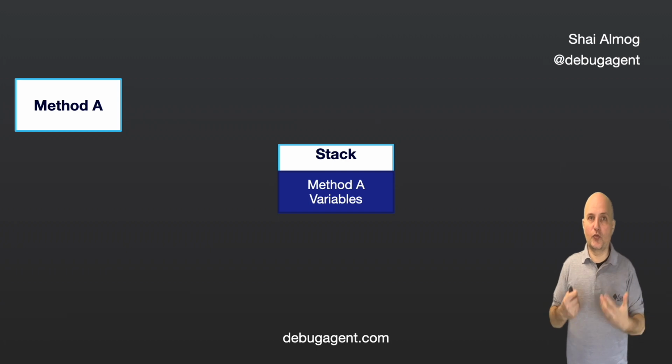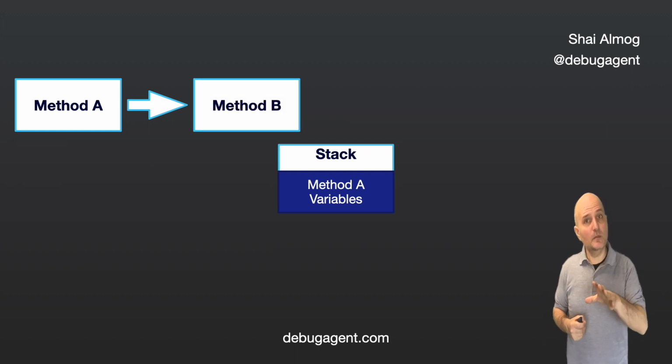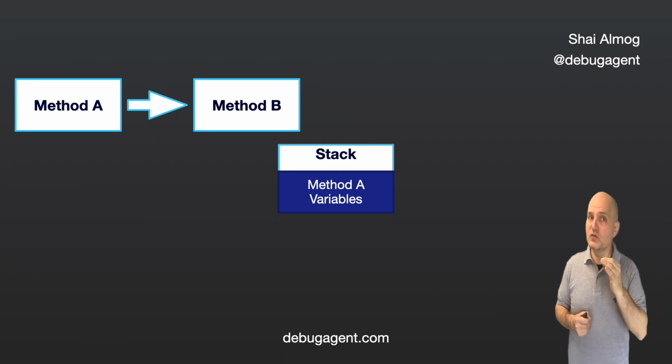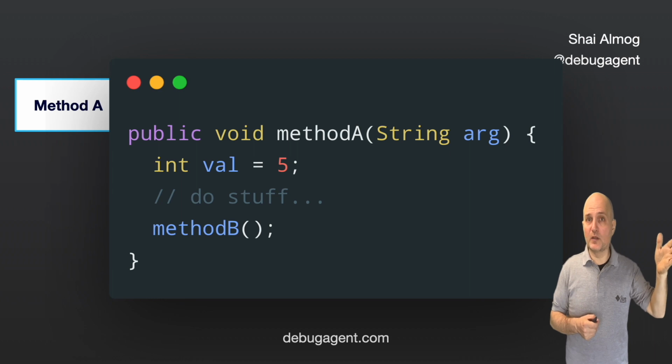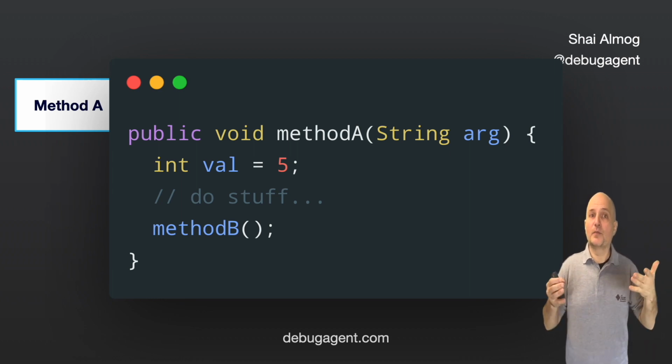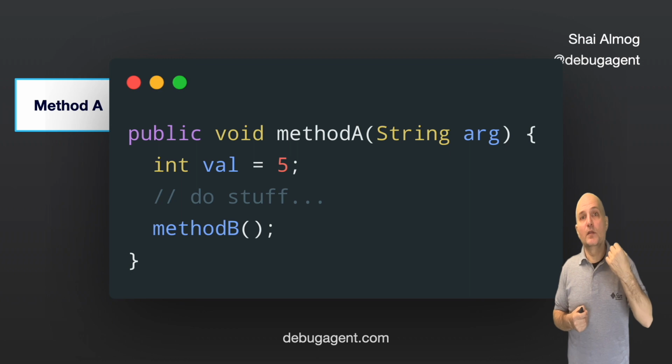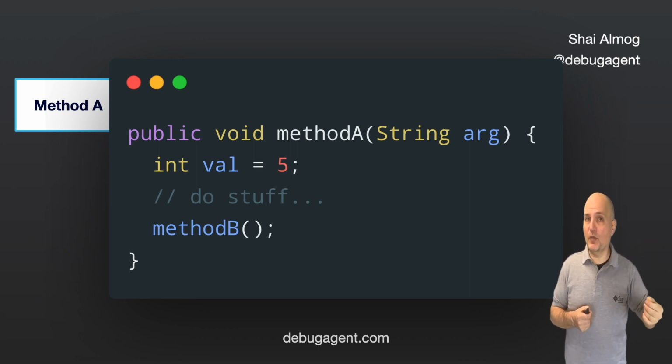Let's explain throw with an example. Let's say I have method A that calls method B. It doesn't matter if it's in the same class or a different class. This will act the same either way. When we invoke a different method, what happens to the variables we define within the body of method A? Say in this example, we have both the arg argument and the val within the method. These are called stack variables. They are visible only within the method itself.